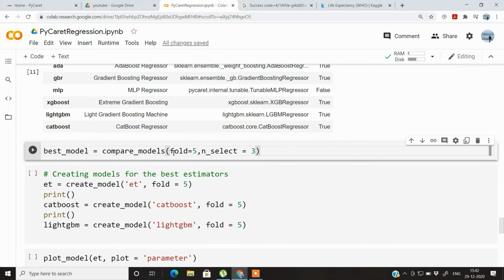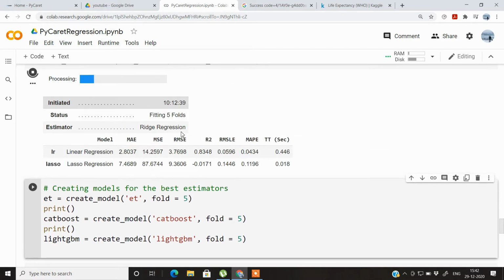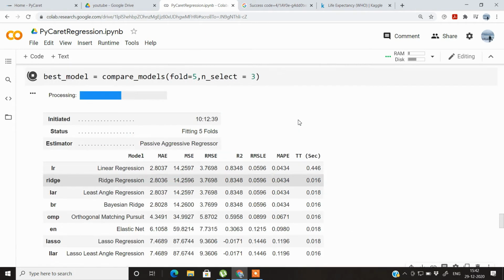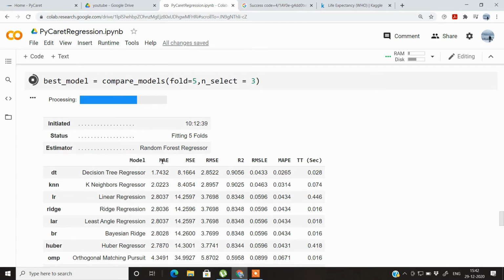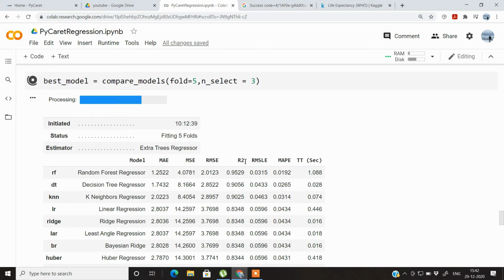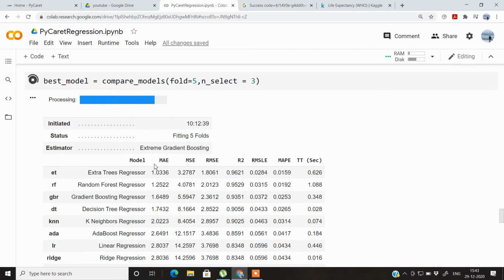In the k-fold cross validation, we are supplying k-fold as 5 and we will be selecting the best 3 regressors. So let's run this cell. It will process on its own and we will be getting parameters like mean absolute error, mean squared error, root mean squared error, R2 score or R square, and other metrics which are very important when you are solving any kind of regression problem.